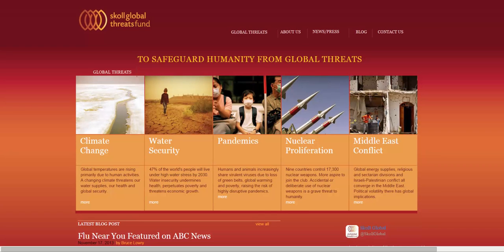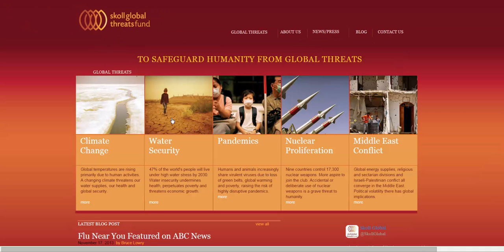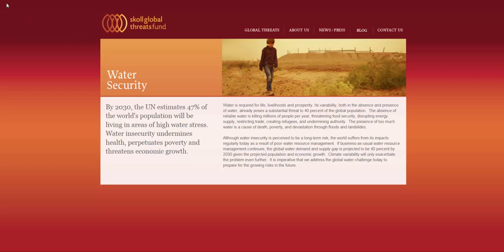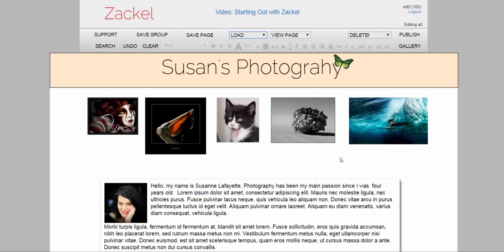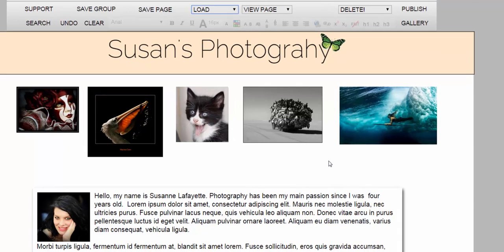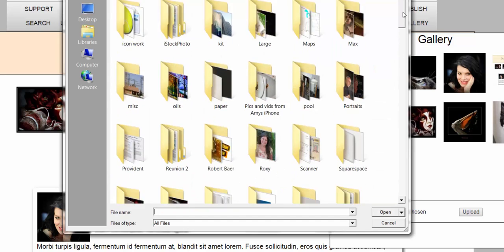This is a Zackel rendering of Jeff Skoll's wonderful page at skollglobalthreats.org. Unlike the original, the Zackel version here can be changed in seconds by non-technical staff. You may be wondering how you get pictures into the gallery. Just click the gallery button, come down here and click Choose File, select the image on your computer that you want to upload,